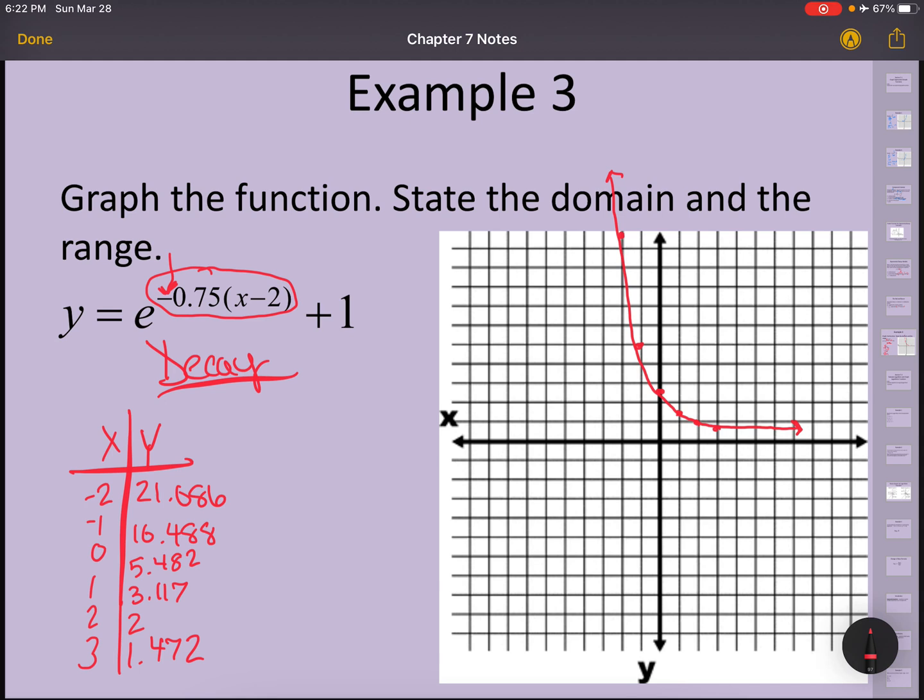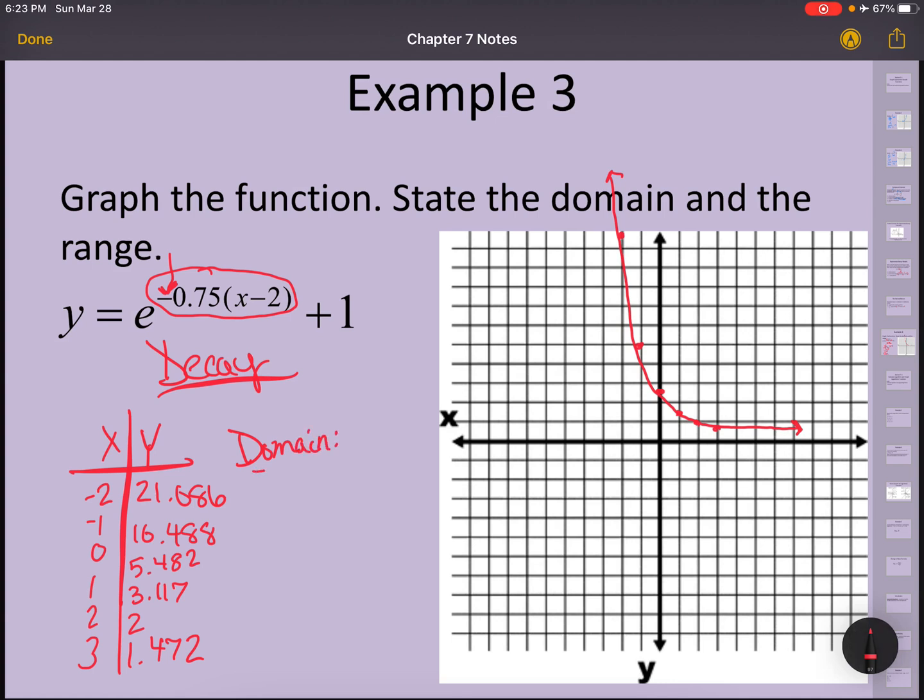It's approaching, or very, very close to 1. So there's our graph of decay, and it does match decay because it's going down from left to right at a very, very quick pace. Okay, so the domain, if we think about that,